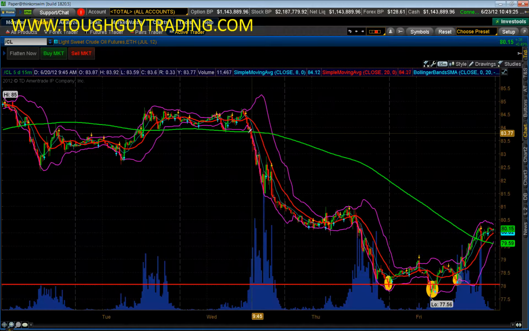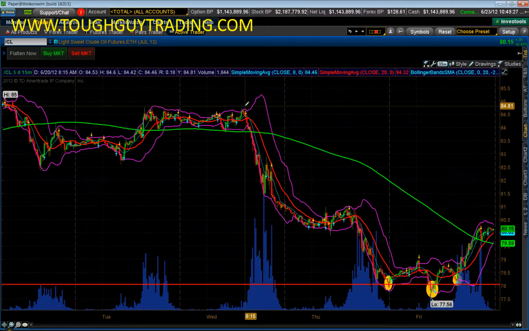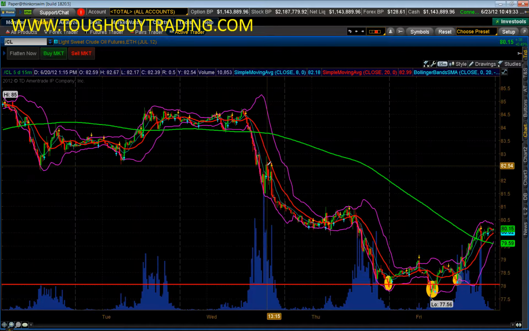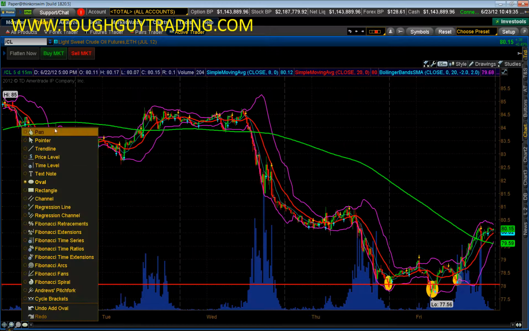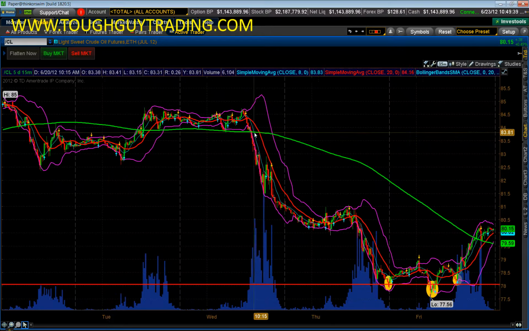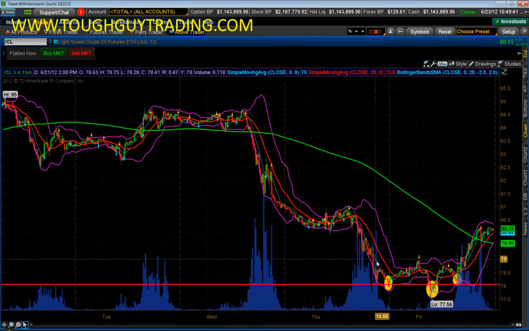This green line on here is a 200 moving average. After it breaks the 200 though, notice that it never comes back after it breaks the 200. It simply breaks the 200 here, the green line, and then after that comes all the way down to make